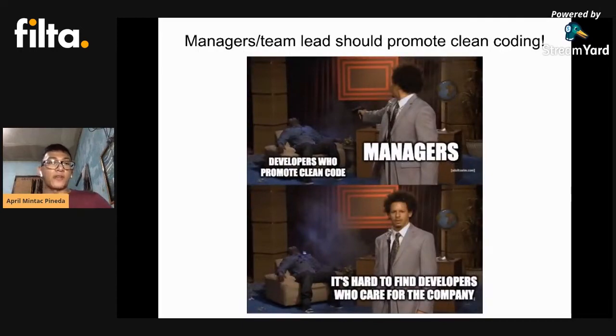Another thing that you can follow is the team itself. The team lead and the managers should promote clean coding. If they're the kind of people who say, I don't care, just do it the way you want to do it, everyone just runs around doing whatever they want until inevitably it becomes a spaghettified code base, and only one person, possibly the one who's full time on it, could understand it, or even that one person won't be able to understand it fully. Why? Because the managers don't promote clean coding. So the managers themselves should promote clean coding. It should start from the top rather than the bottom.